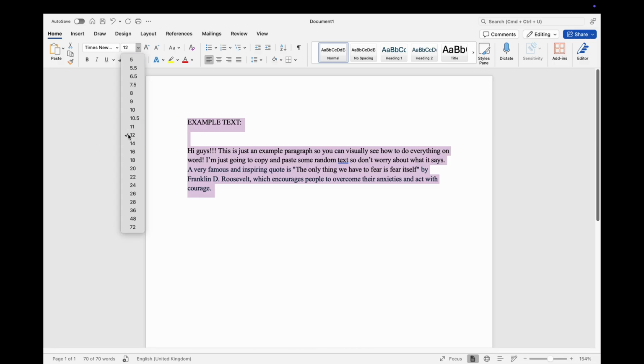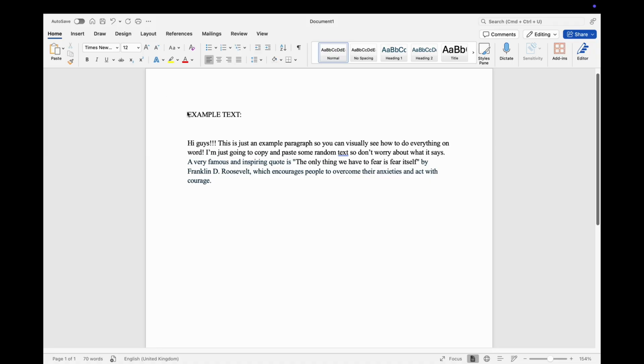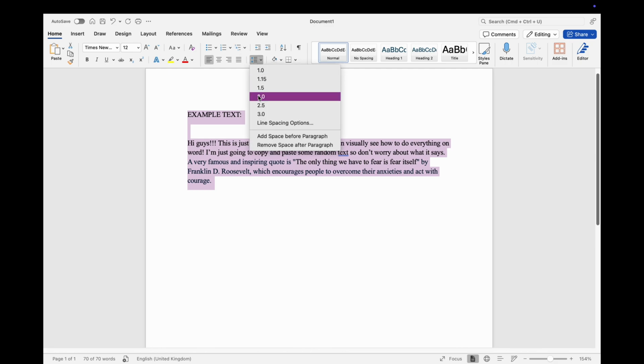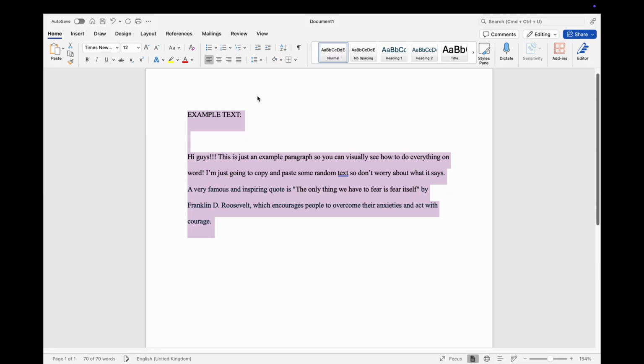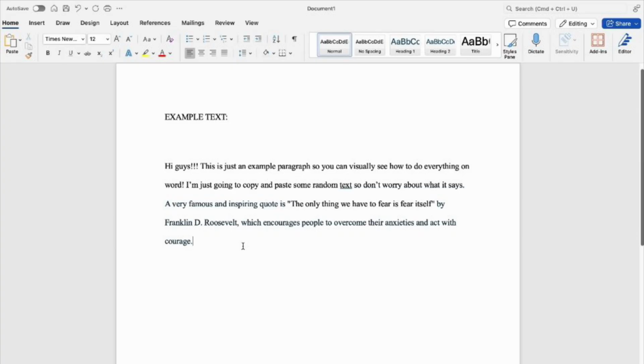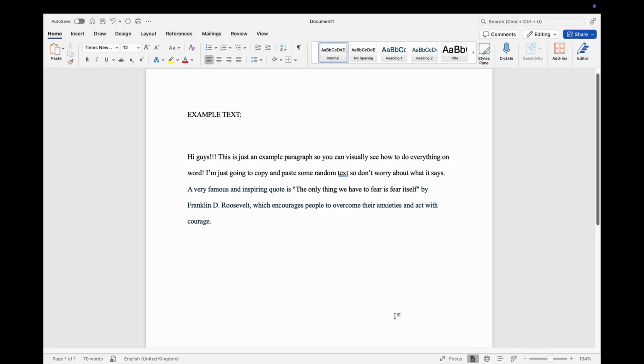Now, let's set the spacing. So highlight your text, and then if you look at what I'm doing in the video, click on the little lines that you see, and then select 2.0 to get the double spacing. Make sure it's the right one, because sometimes Word can be weird about it, but normally if you do this,